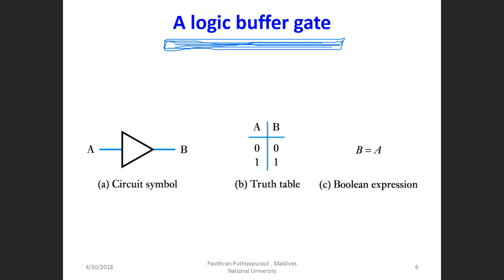Okay, this is your logic buffer gate. That means if the input is 0, then you will get 0 at the output, and if the input is 1, then the output is also 1. This is actually not required for this subject, because we can simply say that this is a wire or you can say a bus, because whatever is in the input is at the output, there is no computation happening. But this type of gate is also sometimes required, okay, this buffer gate is also sometimes required to store